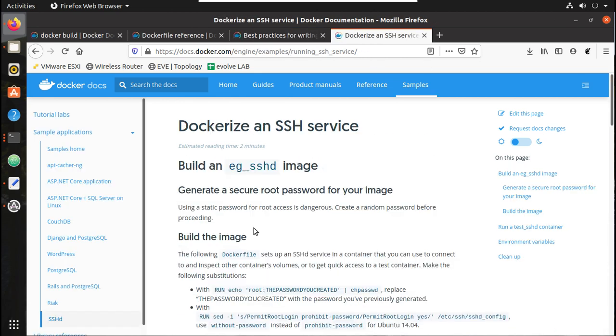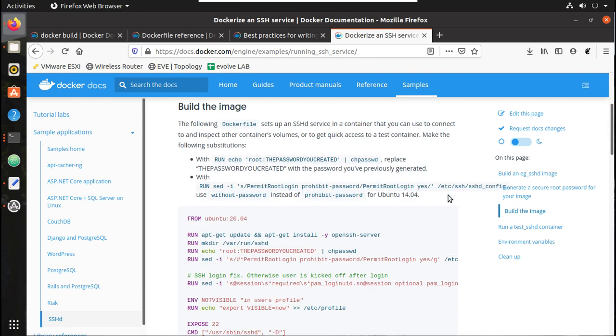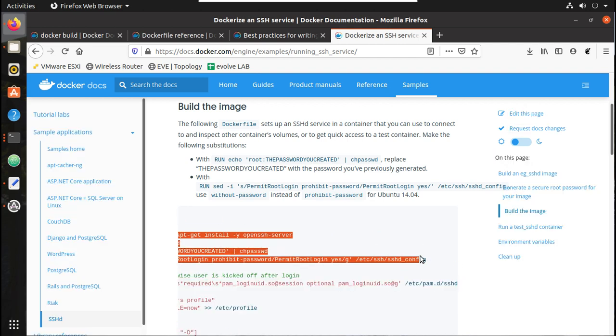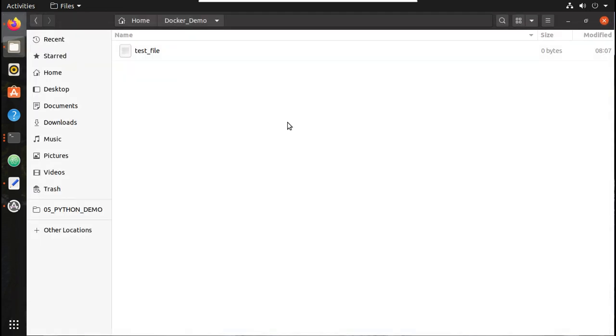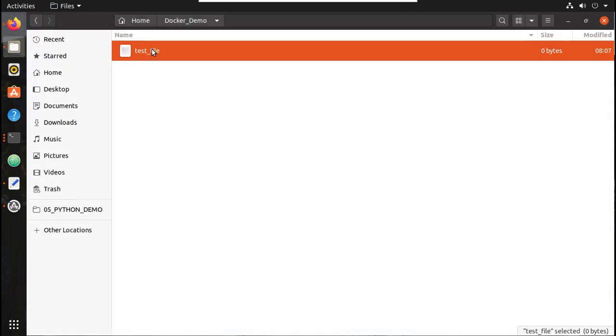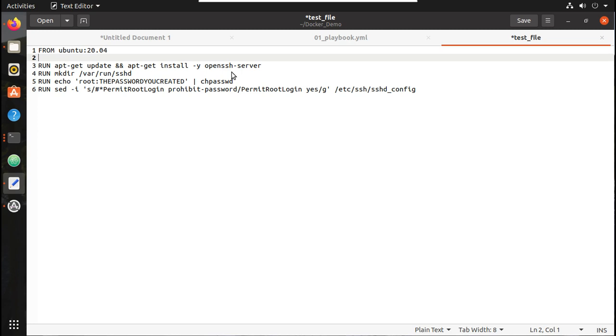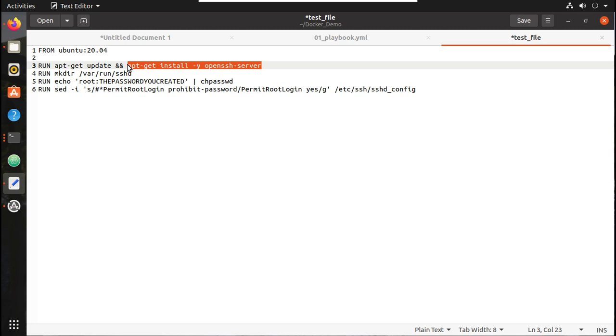Now what we'll do, we'll copy this. Here I have one file named test file. I'll put the content here. In addition to this, we'll add some more commands.